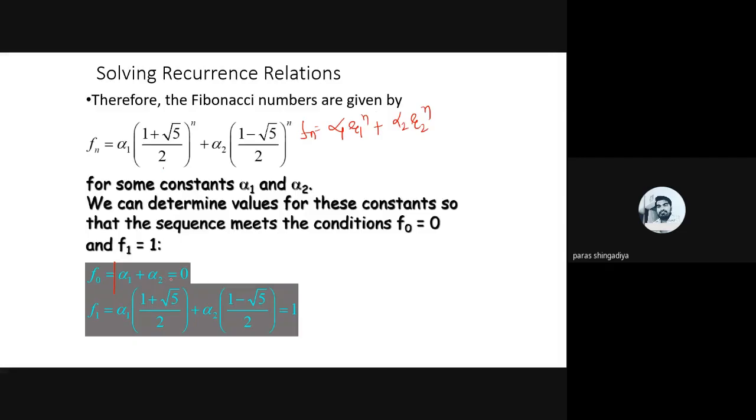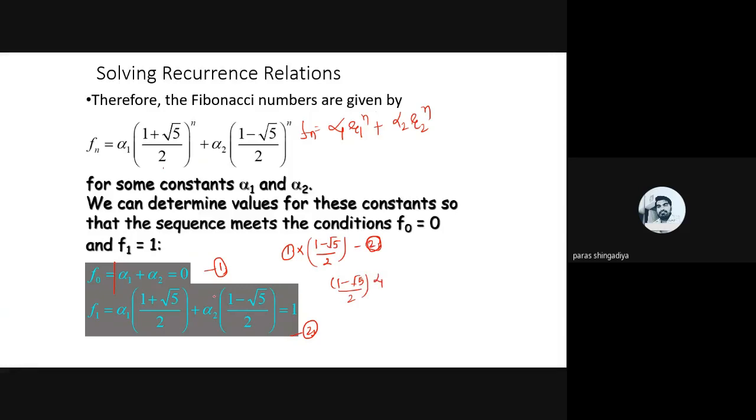We just multiply the equation number 1. Okay, that is equation number 2. Multiply equation 1 by (1 minus root 5 by 2). ठीक है, इस टर्म से आपको इक्वेशन 1 को मल्टीप्लाई करना है. ठीक है, and then after that subtract it from 2, 2 में से उसको सब्ट्रैक्ट करना. ठीक है, otherwise 2 minus 1 भी आप कर सकते हो. So which term will you get here? (1 minus root 5 by 2) divided by 2 into alpha 1.